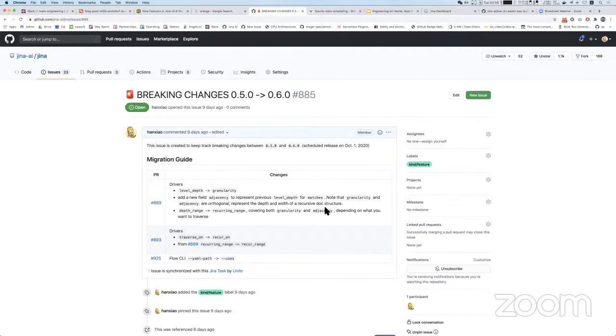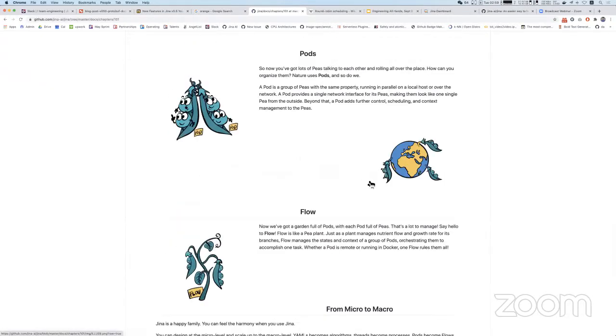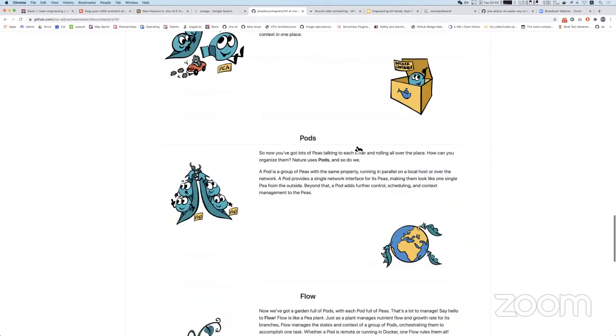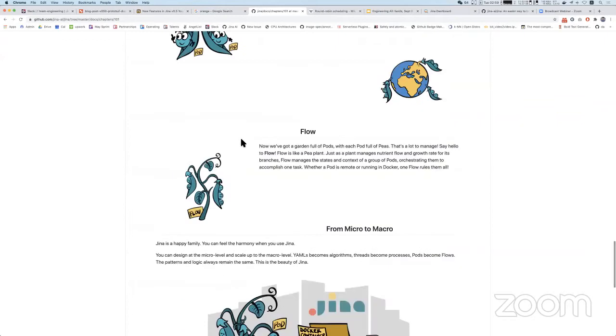So this is a big question. To answer that, first of all, you have to understand flow and executor, they are not on the same level, right? So let's look at the 101. I think we have already explained this. So to first understand what is Jina, basically, this question is about the design principle behind Jina, right? So this flow is on the very high level,